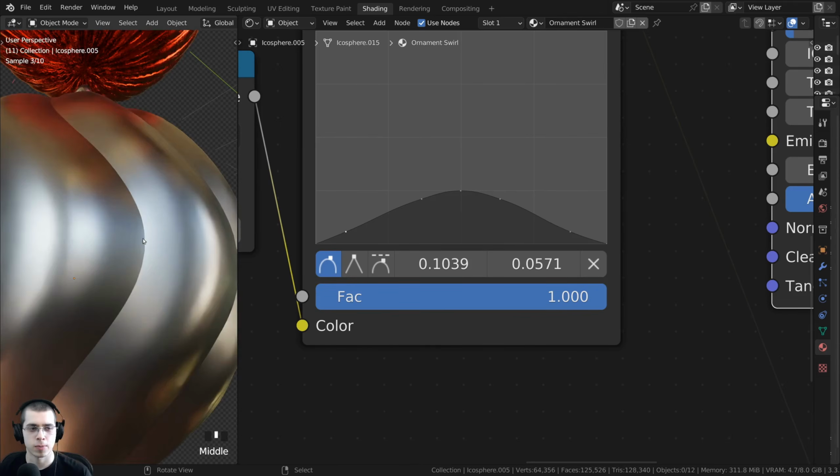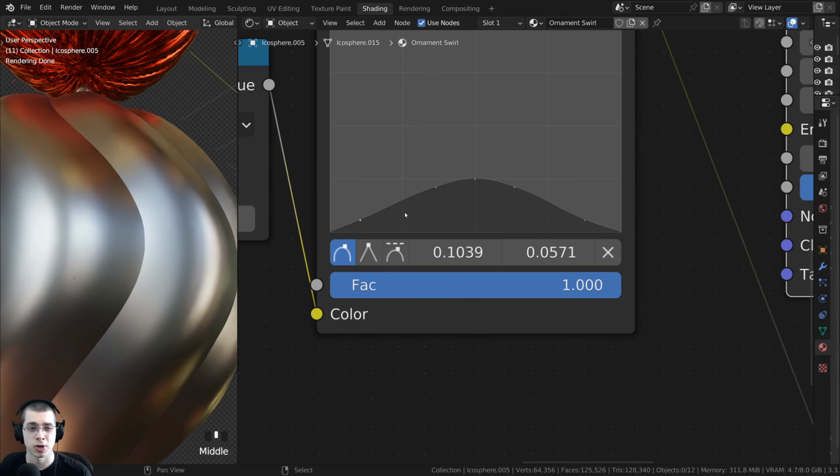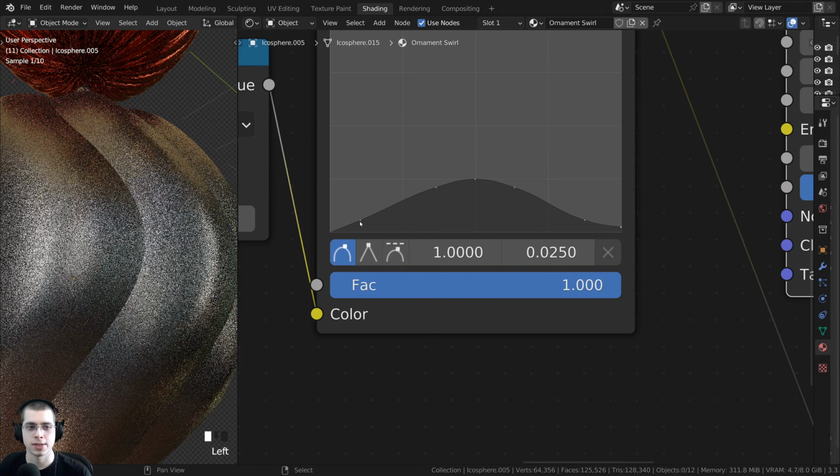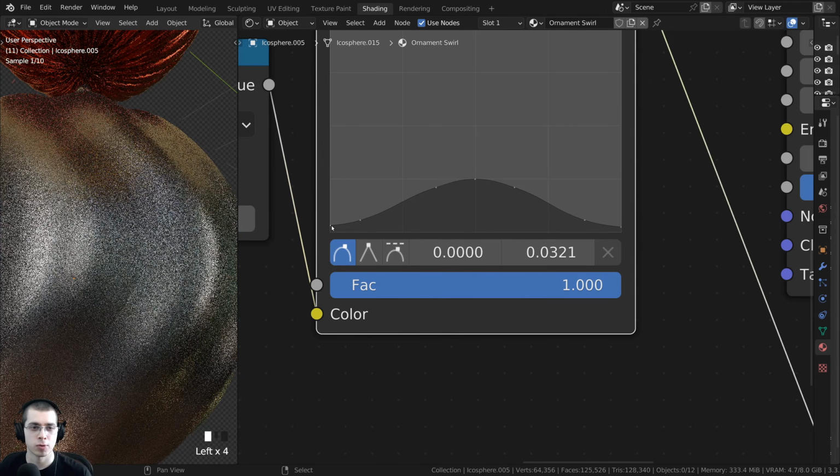But you can see right here when it goes down in the crevices, it's super sharp, and that's because when this goes down here, it starts over at the next one. So this is sort of like how it is tiling. So this is really sharp down here on both edges. So what I can do is drag these dots up just a little bit. They don't need to be up that much, but just dragging them up a little bit will make that more